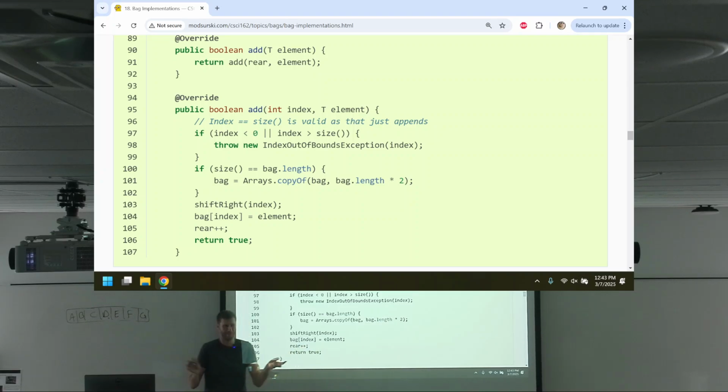Cool? Yeah. But then there's the more general add where you specify the index. Well, what do I say? Okay, index size is, oh yeah, this is a good one. So I've got some error checking here, bounds checking, where if someone specifies an index less than 0, you can't add it there. If someone specifies an index that's too big, you can't add it there. However, it's possible to specify an index like